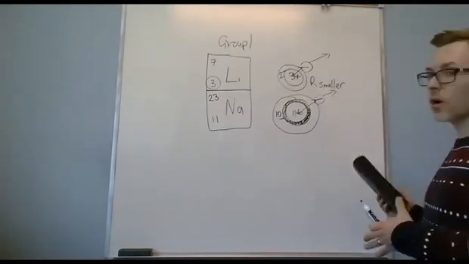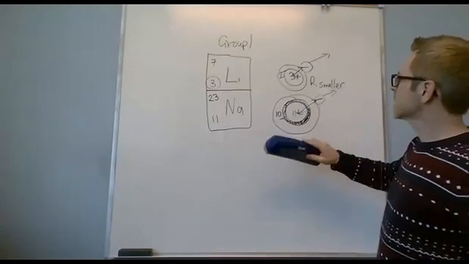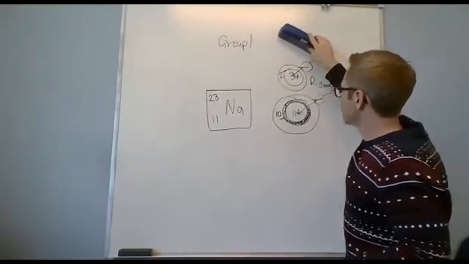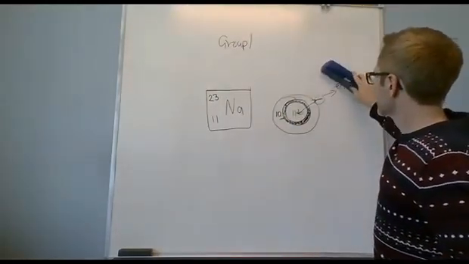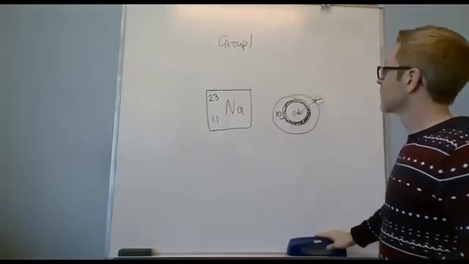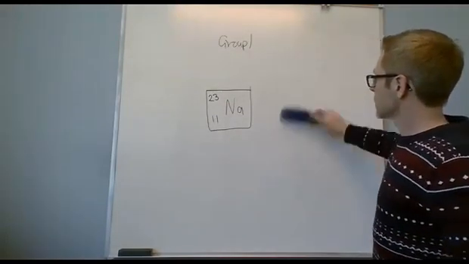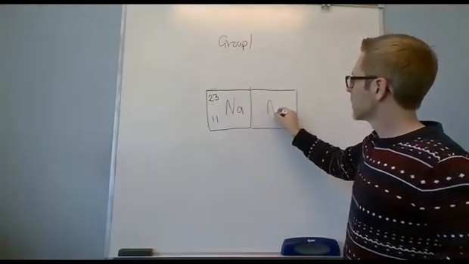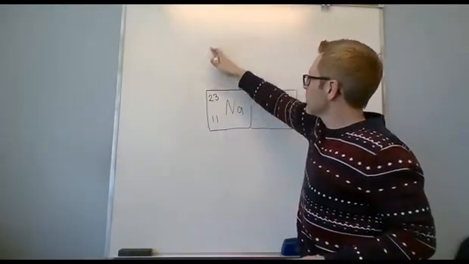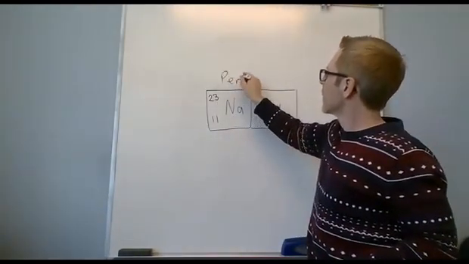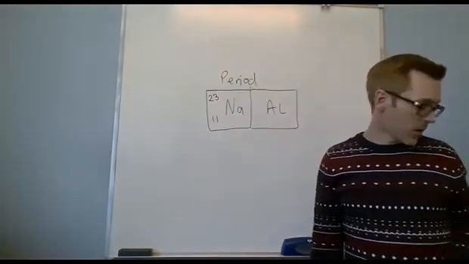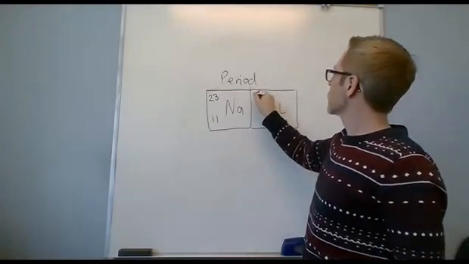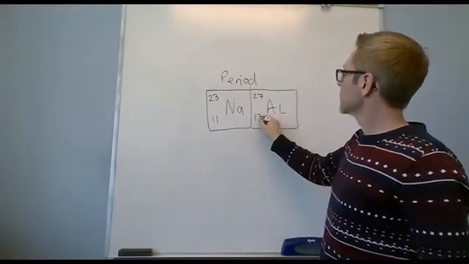why they get stronger as you go left to right. So let's keep sodium, and let's look at aluminum. So let's just redraw that one. Let's look at aluminum. It's in the same period, so we're looking at period now, left to right. So if we round this, 27, 13,